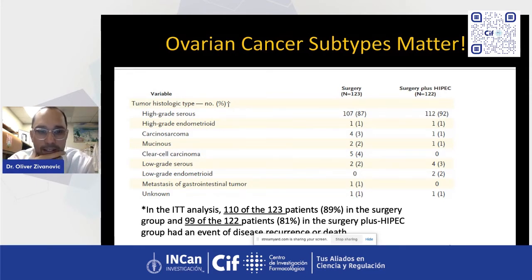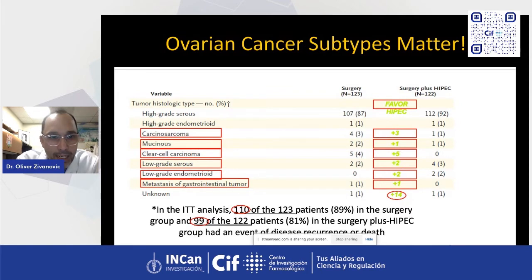And when you look at the subtypes of the histology here, you can see that there were patients who had carcinosarcoma, more in the surgery group, while mucinous cancers, clear cell carcinomas, or low-grade serous cancers were all a little bit in favor of the HIPEC arm here. And if you look at the numbers itself, those 14 patients with those rare histologies which would favor the HIPEC arm are there, and the difference is a very narrow one,